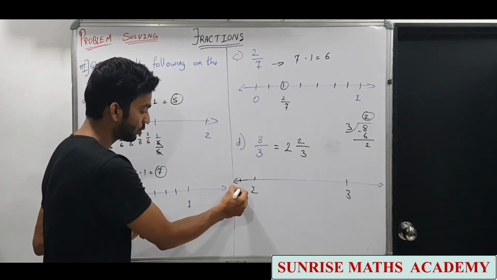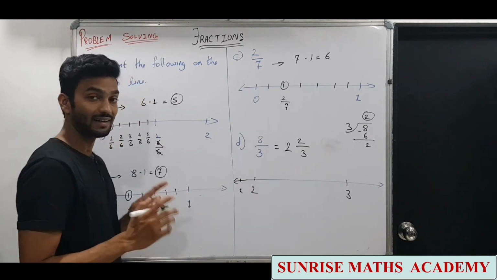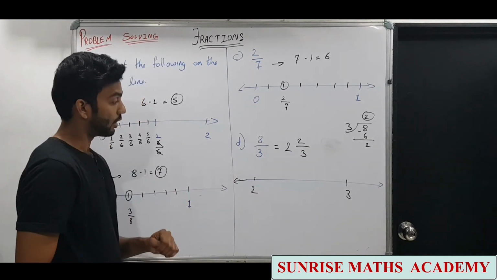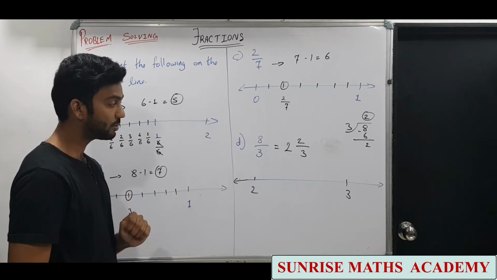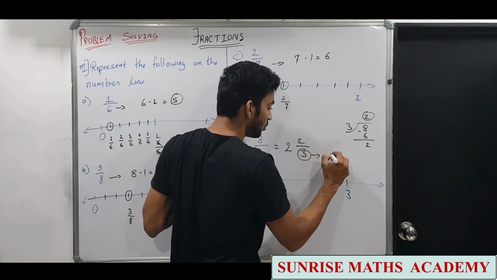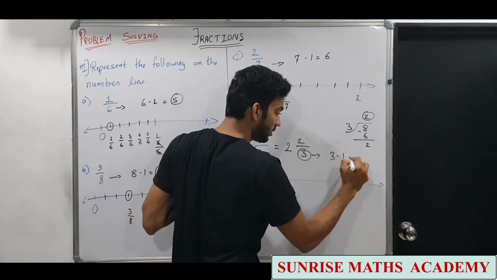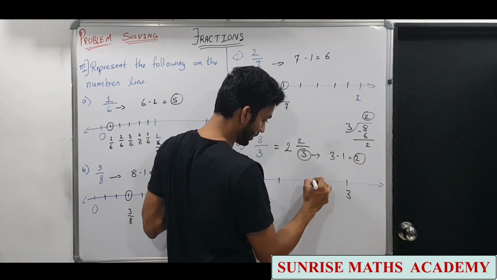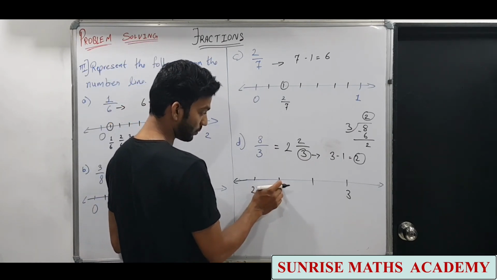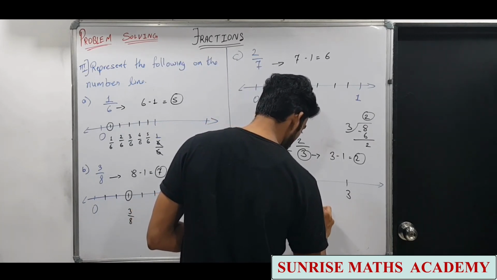नहीं तो आप यहाँ पर 1 मार्क कर दोगे, so वो wrong हो जाएगा, क्योंकि 1 से 2 इतना छोटा distance, फिर 2 से 3 कैसे बढ़ाओगे? That distance should be equal. So here I am not having place, so I am not marking that. Now 2 से 3 के बीच में आने वाला है. Denominator is 3. Now that rule is same. 3 है denominator, so that is going to be same. 3 minus 1, 2 lines हमको बनानी है, 1 and 2. So this is 1 upon 3, this is 2 upon 3. So this is 2 integer 2 upon 3.